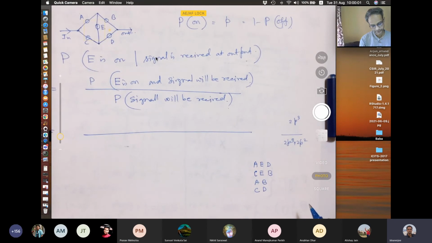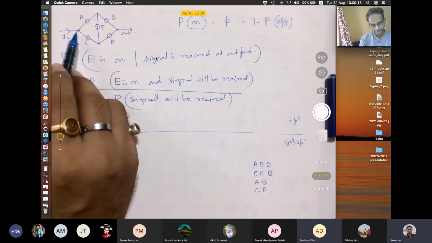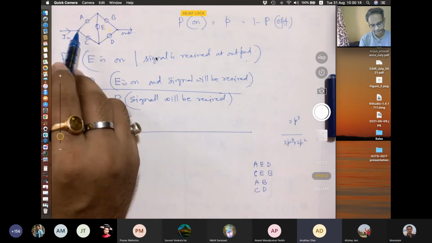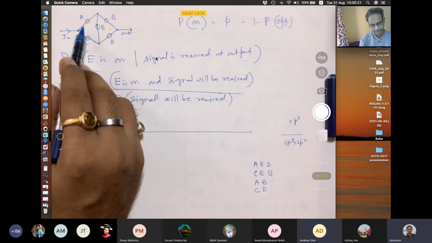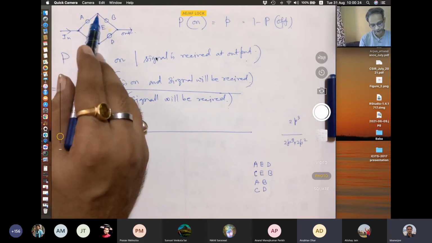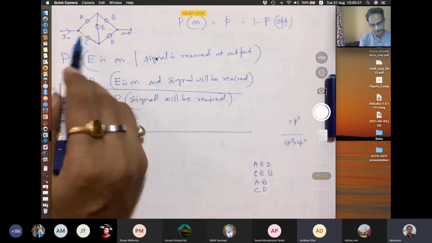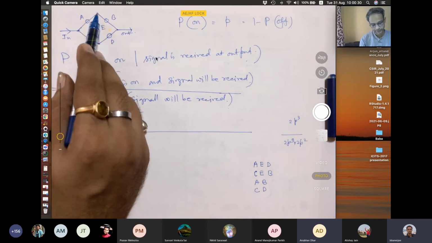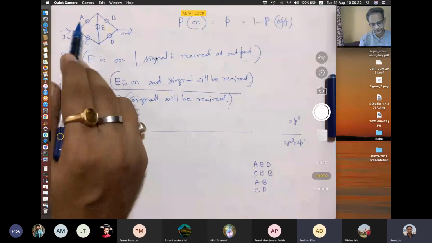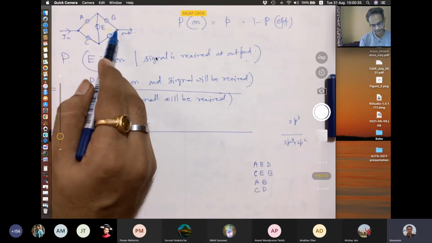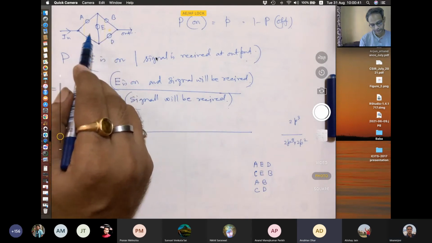I think this problem has some fallacy. Sir, but it might be the case that AED as well as AB are both accessible at the same point of time. It can be the case that only C is off, so AED as well as the path AB is accessible at the same time. But if E is off, then AED will not be working, right? Sir, if E is on. If E is on,